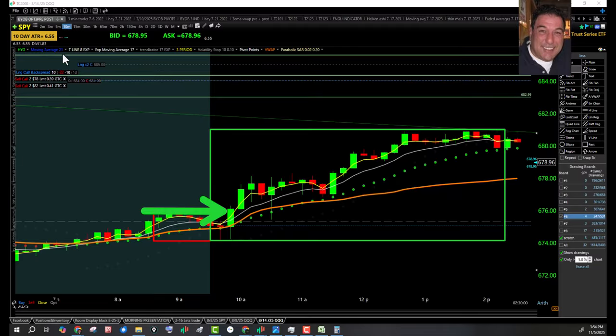So here's our 10-minute uptrend. I often digress. 10-minute uptrend right there. You can see the daylight between the 3 EMA and the 8 EMA. So what is the makeup of the 10-minute uptrend? Well, it involves the 3 EMA and the candlesticks riding up on top of the 8 EMA, which is this white line right here. So that's a 10-minute uptrend. I like to see daylight between the 3 and the 8. Okay, so you can obviously see we can see daylight between the 3 and the 8. So there's our 10-minute uptrend, and they're both pointed up,